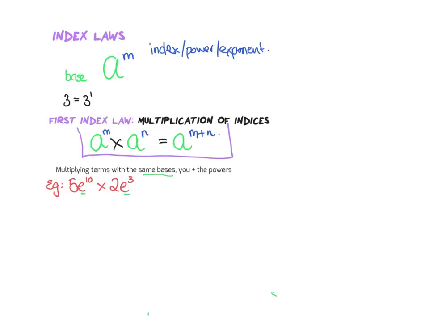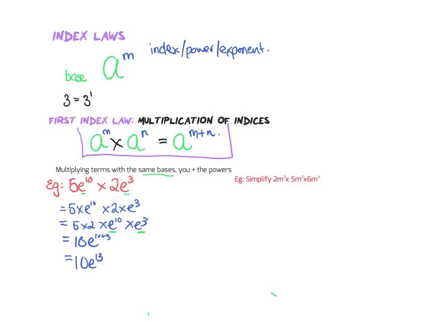So when I'm working this out, I could write this out as 5 times e to the power of 10 times 2 times e to the power of 3. So if I just rearrange that order, I could write these like that. So if you look, we can do 5 times 2, that's 10. Now because these guys are the same base, we're just going to add their powers. So 10 plus 3, so we end up with 10 e to the power of 13. Okay, with this next example, simplify 2m to the power of 3 times 5m to the